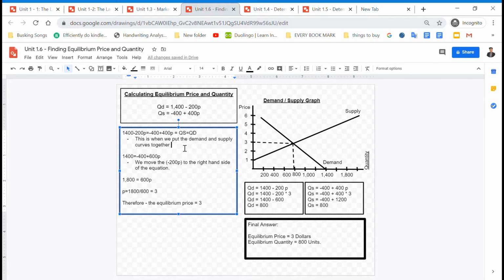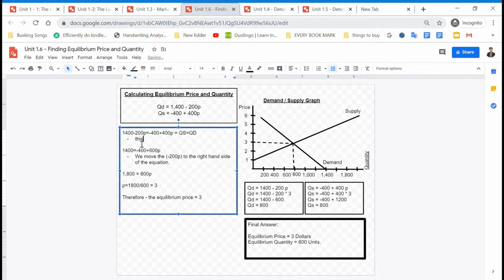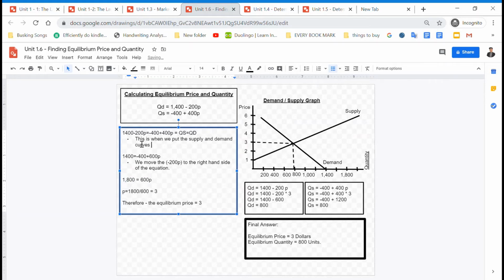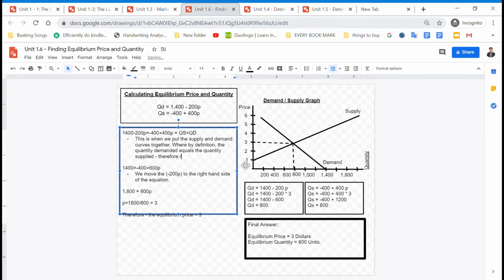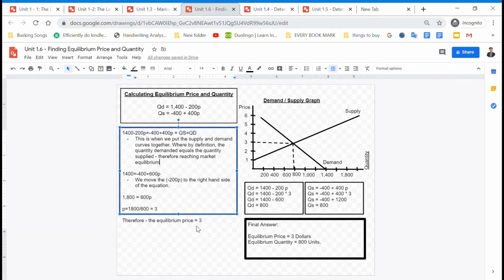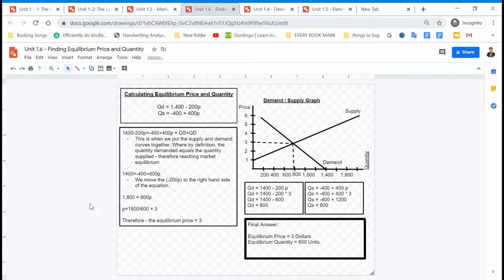This is when we put the supply and demand curves together, where by definition the quantity demanded equals the quantity supplied, therefore reaching market equilibrium. Market equilibrium by definition is when the quantity supplied equals quantity demanded, and by using these calculations,